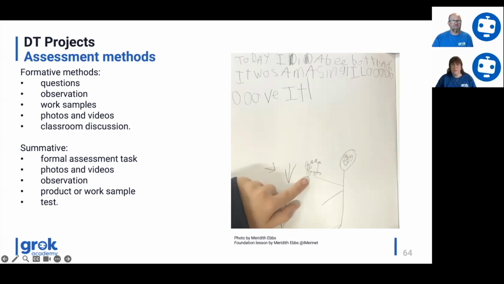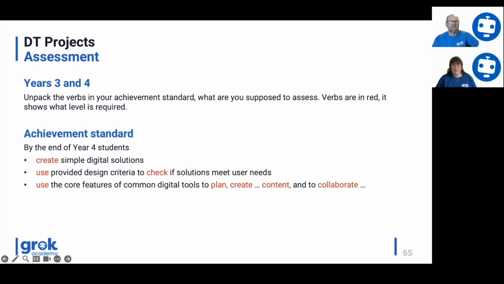And looking at Year 3 and 4, what might those things look like again? We're creating simple digital solutions. How can I assess that? I need to be able to see those solutions and check that they have met the design criteria, which looks at the next one. So using the provided design criteria, again, we're not assessing Year 3 and 4 students' ability